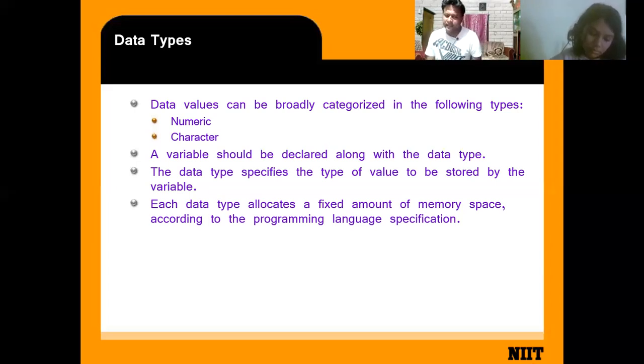The data type specifies the type of value to be stored in the variable. Each data type allocates a fixed amount of memory space according to the program specification. Depending on the program specification, the data type changes.